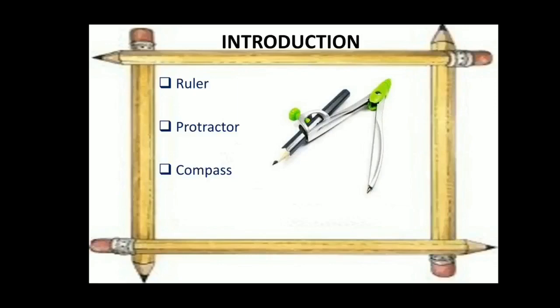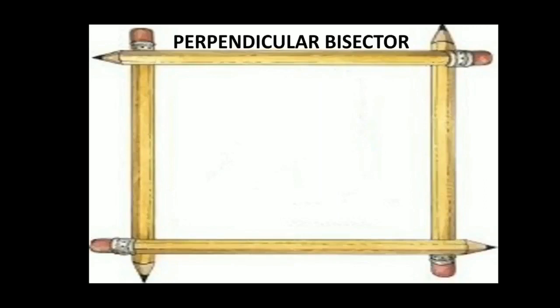Okay, so we have four types of constructions actually. The main 2 types are construction of triangle and quadrilateral. That is the main 2 topics, and the other 2 topics are angle bisector and perpendicular bisector. Okay, so in this session I have taken the first 2 topics. Okay, so the first topic is perpendicular bisector. So you are going to draw a perpendicular bisector.